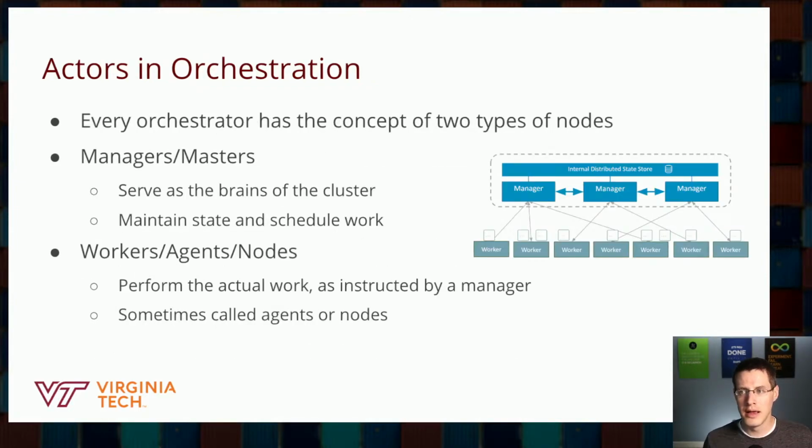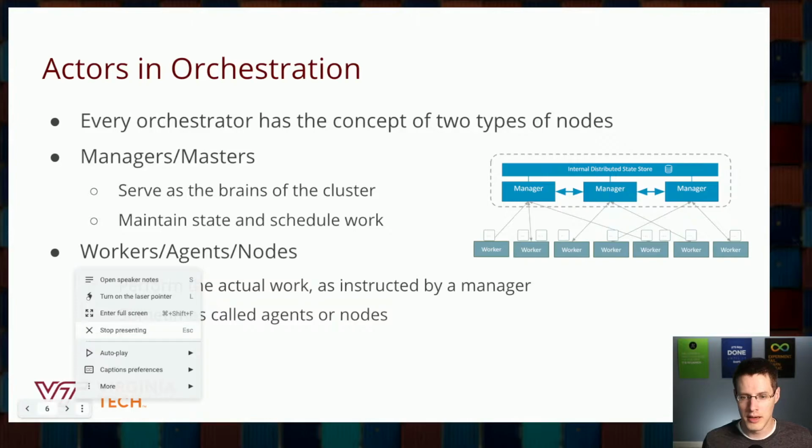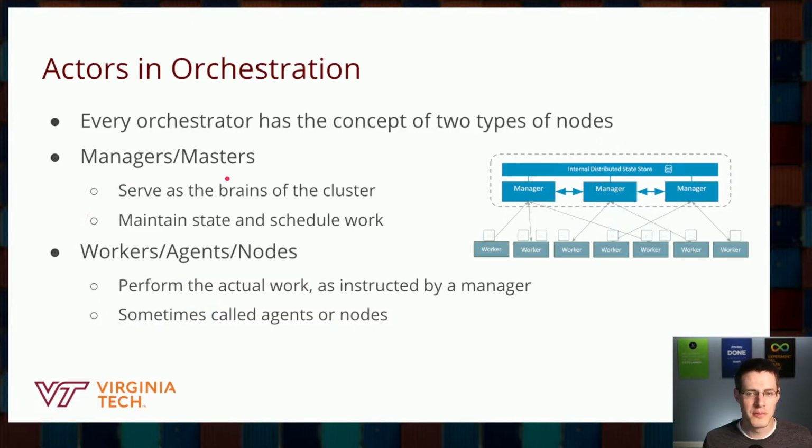Now, in container orchestration, there's typically 2 types of actors when it comes to machines. And these 2 different types of actors can have different names depending on which orchestration framework you're using, whether Kubernetes or Swarm or Nomad or ECS. But at the end of the day, this is kind of how it works. So there's the managers or masters, and they more or less serve as the brains of the